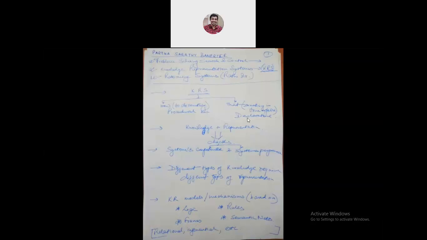And another part is like that. That means asserting something, right? Saying something, that something is true or false, right? So if I talk about KRS, I can simply talk about how to represent knowledge, and that means asserting something or saying something, or making something happen, right? Or asserting something, saying something true or false, right? Now if I sum up under the second heading, knowledge plus representation, then there are certain checks to be done, or you can say there are certain conditions to be fulfilled. What are those conditions for knowledge representation?